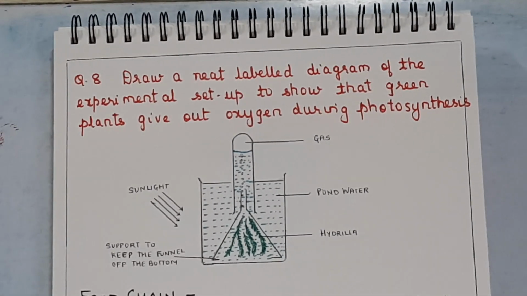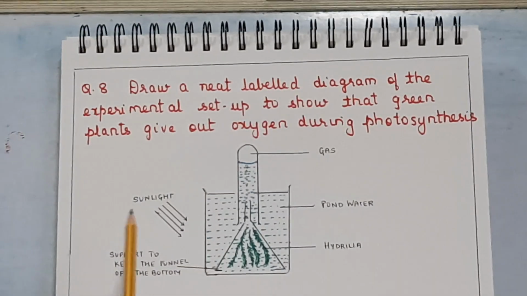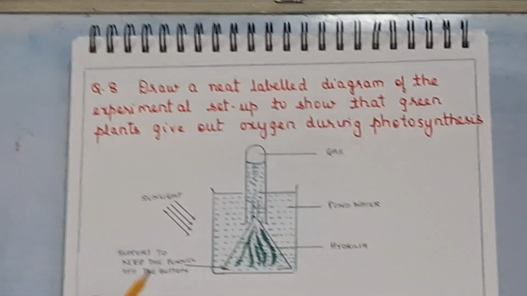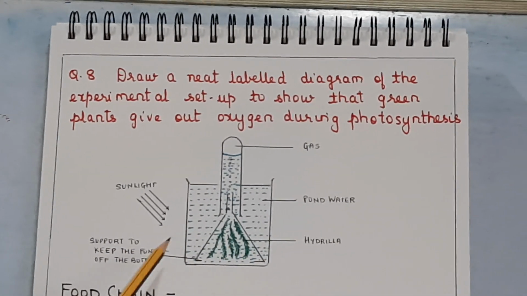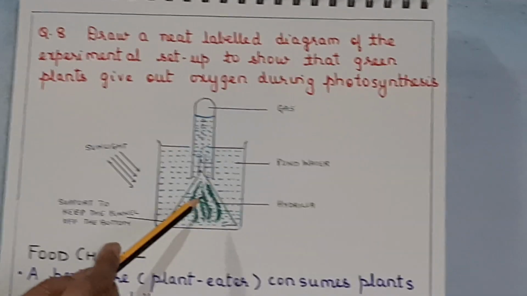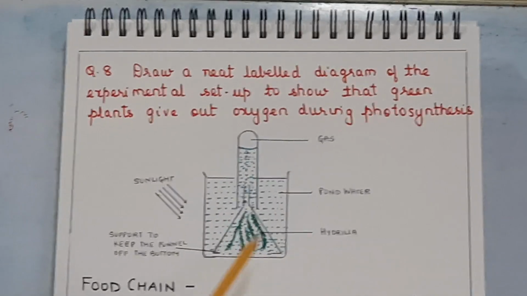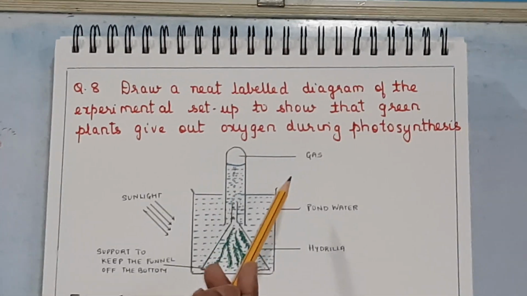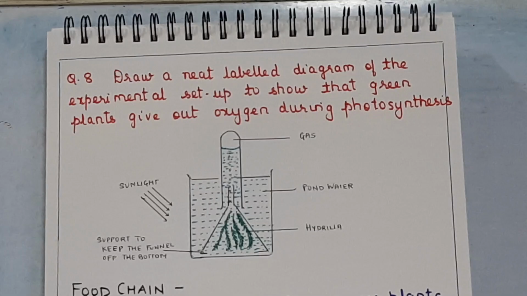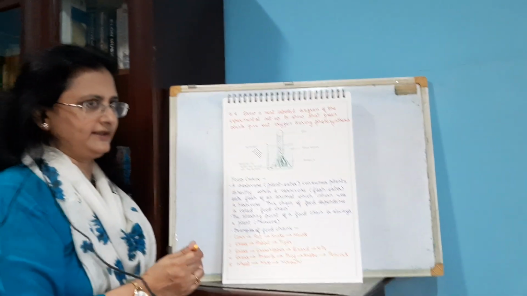Okay, so the diagram is also important, and if the diagram is given and a diagram based question is asked, so what could be the questions on this? What is the aim of the above experiment? So you will say that it is to show that oxygen is given out during photosynthesis. Then name the aquatic plant, give examples. So Hydrilla or Elodea. What is your observation? How will you test the gas? Such questions can be asked. Okay, is it clear? So with that we complete the experiments on photosynthesis.